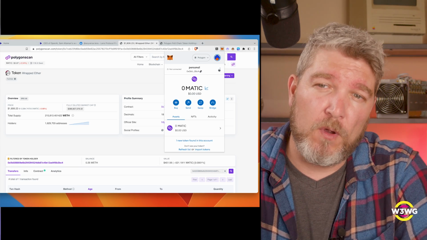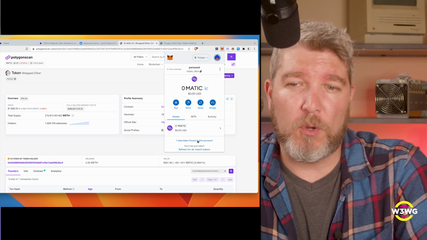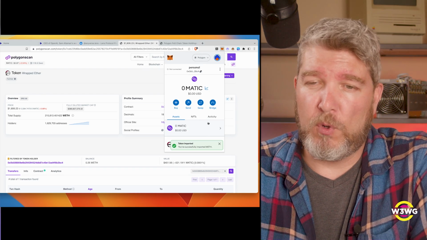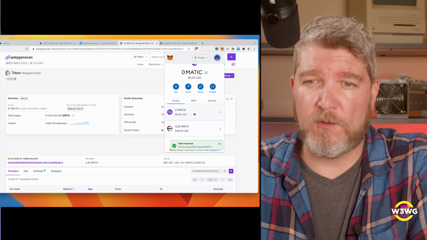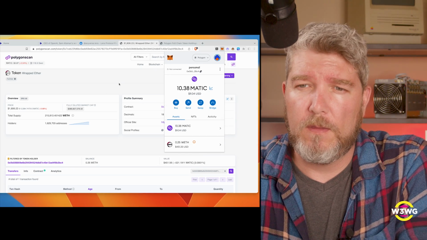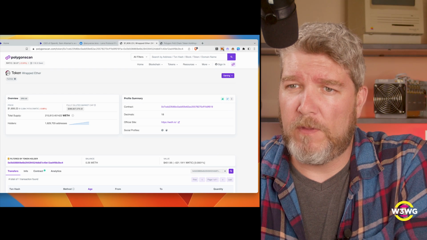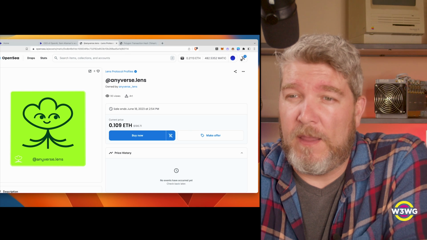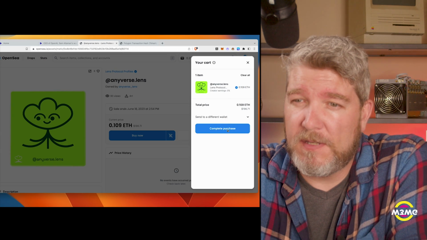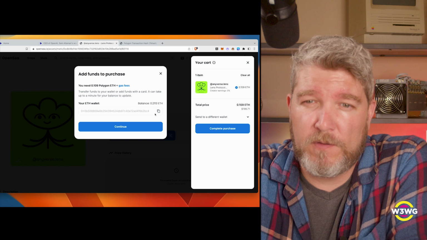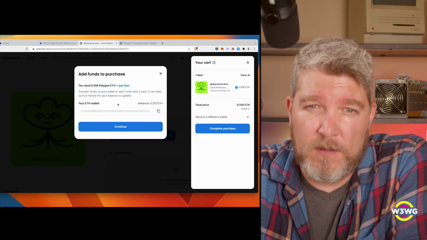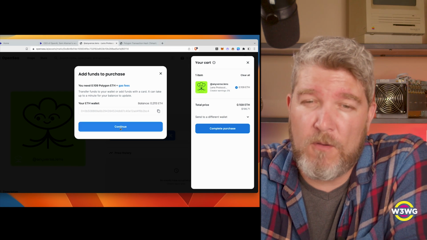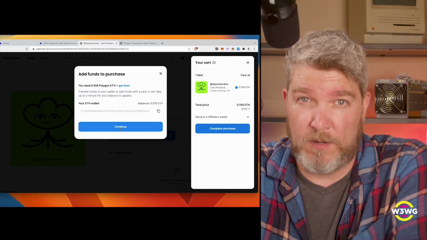And once I did so, this popped up: one new token found in this account. So we'll click on that and see where it goes. All right, we're going to import it. So now it's been imported into my wallet. Okay, so I moved a little bit of Matic over manually, and I added the asset to my cart, and we're going to click complete purchase. Okay, it does recognize my balance now. Okay, this might actually work. This will be exciting.